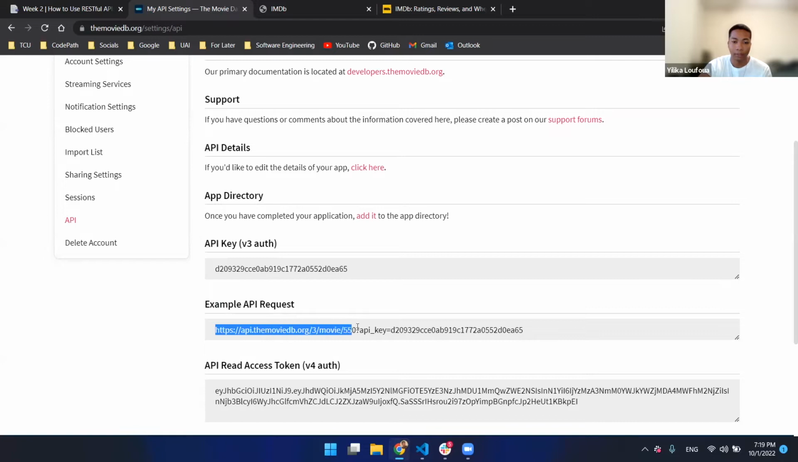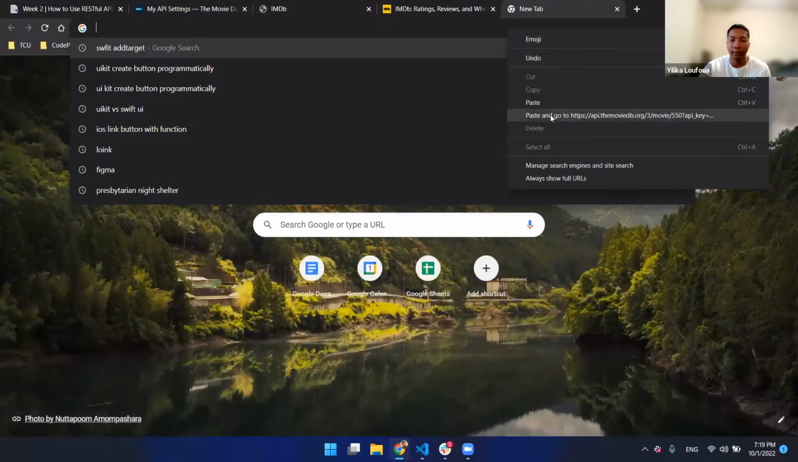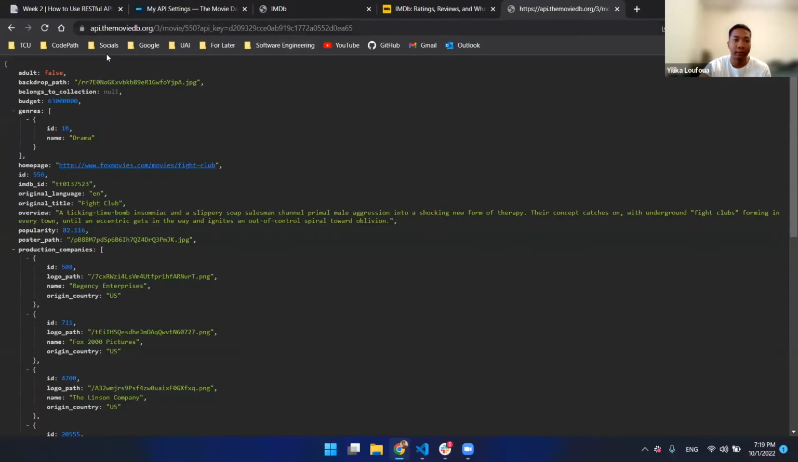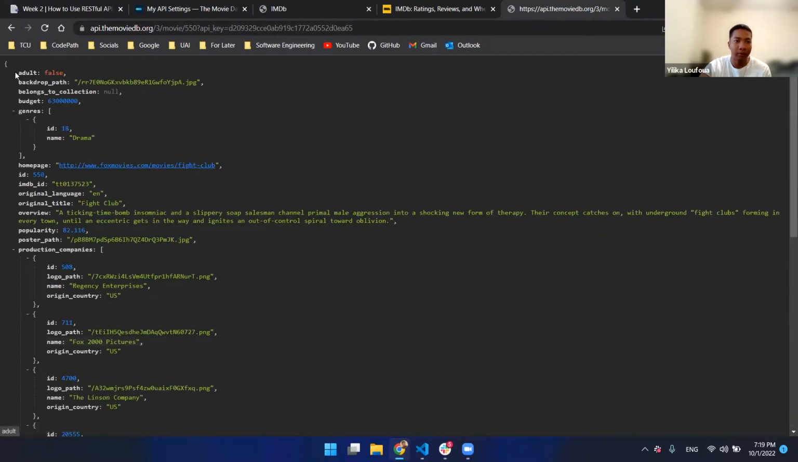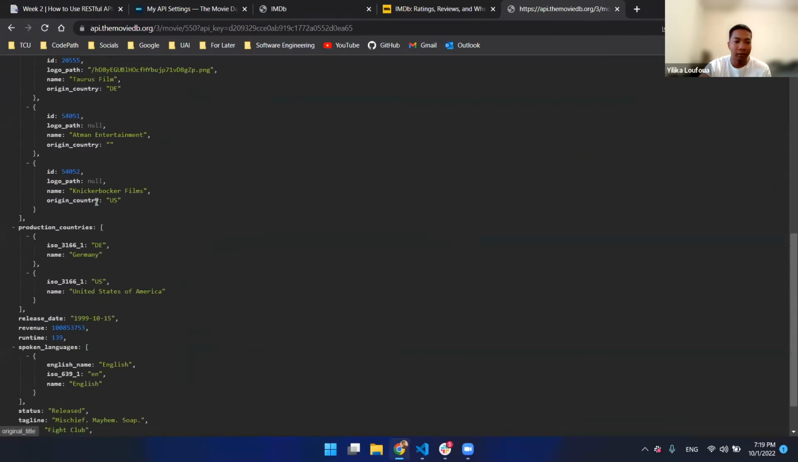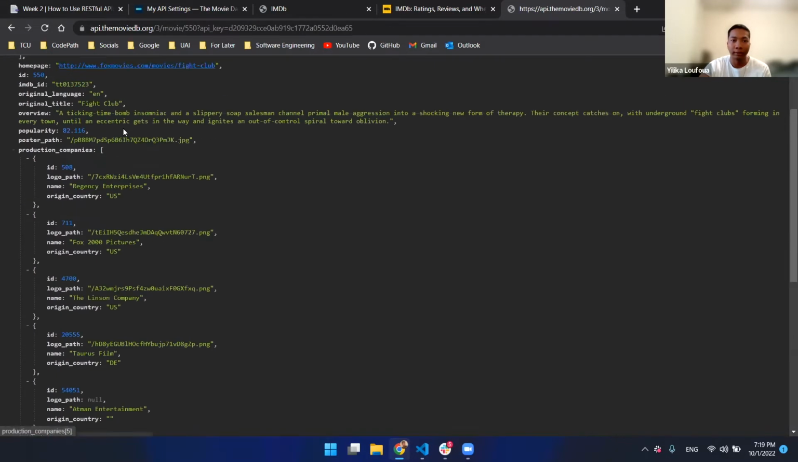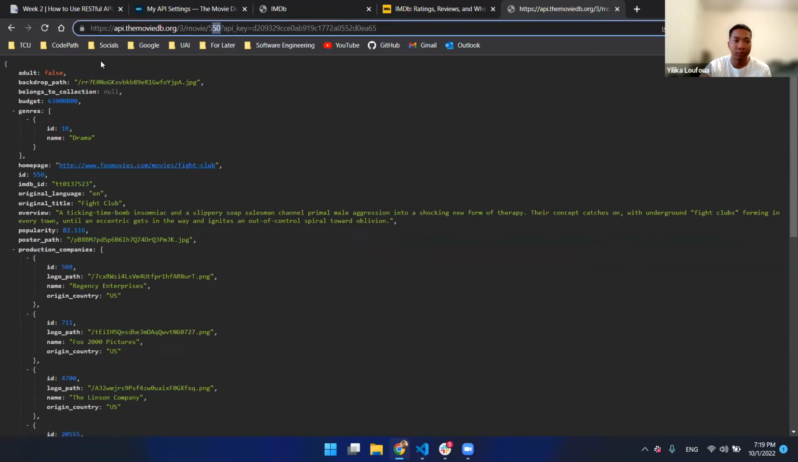It's just allowing you to request a certain type of data, and then your API key will always be included in the API request. So when you have a URL for an API request, what you can do is copy and paste it into the search bar and be able to see the result that you're getting. So over here, we can see that we have some data about Fight Club, which is because this example request is just requesting, I suppose, movie ID 550, and it returns all the data that they have about